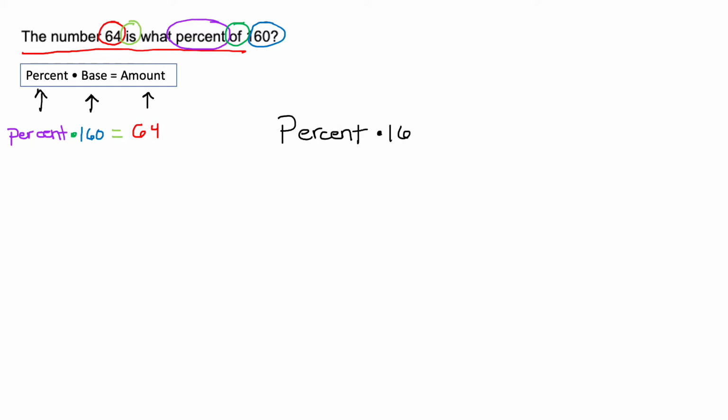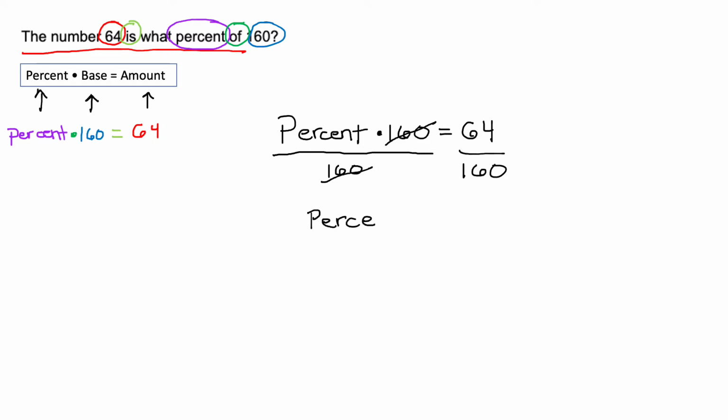times 160 equals 64. I want to isolate the percent because that's the value that I'm looking for. It's my unknown. So in order to get this value by itself, I want to divide both sides by 160. The 160 will cancel on the top and bottom on the left side. So the percent equals 64 divided by 160. When we do that on our calculator, we get